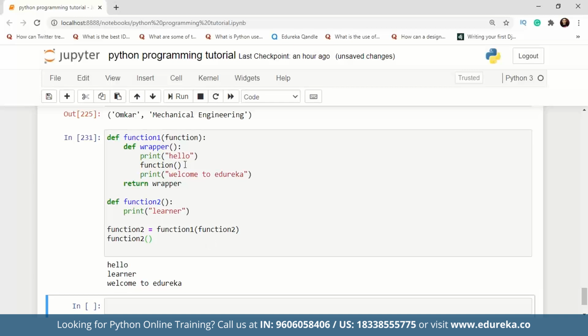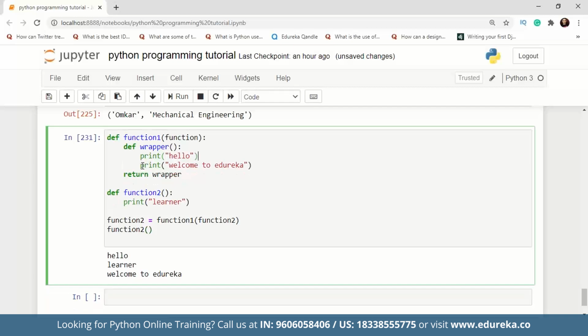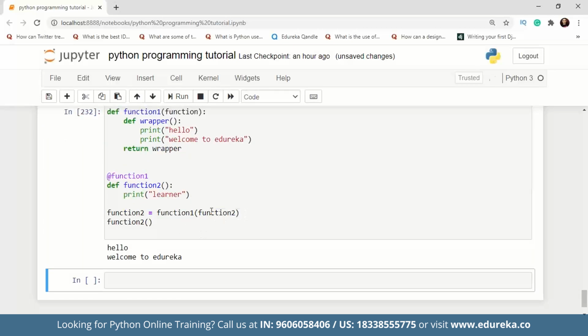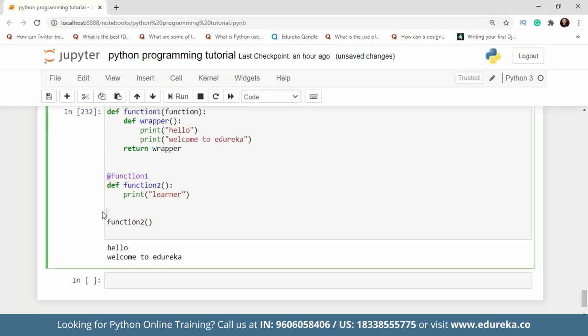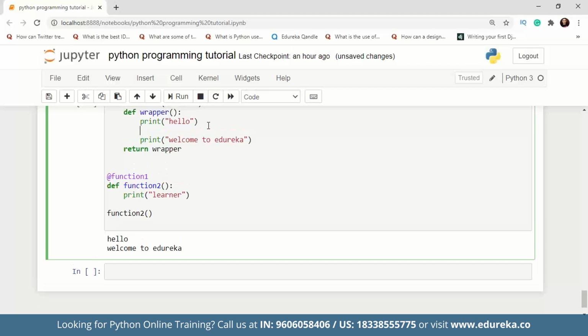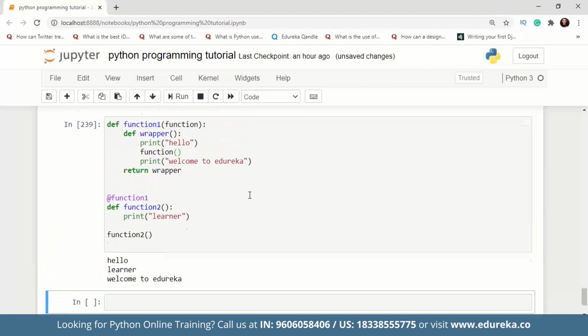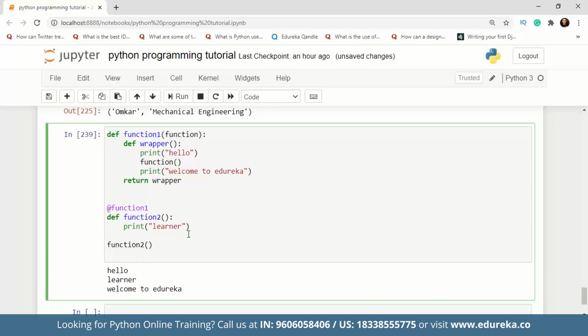And instead of doing this, what we can do here is write this, and we will remove this. All right, guys, I think we're making a mistake here. The function has to be there, and now we're getting the same output, but instead of making that call over there, we're just writing it with an at symbol. And that's how we use decorators in Python.